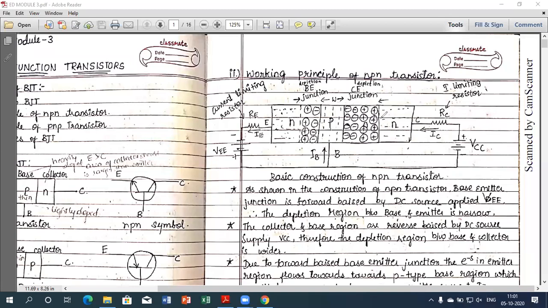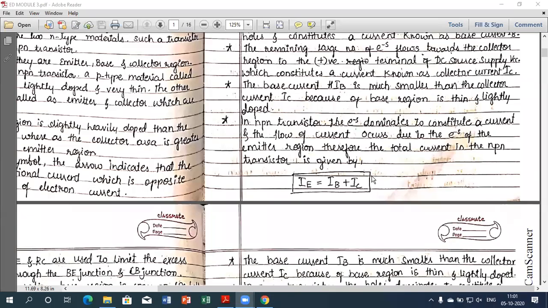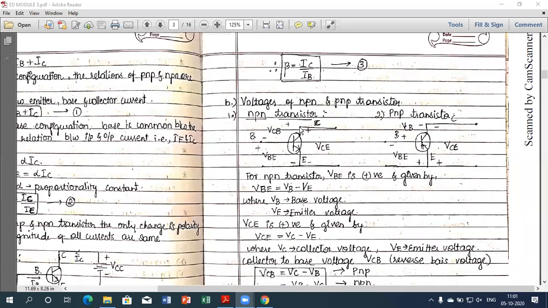The same thing will be considered here also. That is, here the terminal between the collector and base is reverse biased. And we call this the voltage between collector to base, which is reverse bias. Remember, when I use a common emitter configuration, the collector to base is always a reverse bias junction, whereas base to emitter is forward biased and collector to emitter is the output voltage. It is also forward biased. So now, using this, we will derive some voltages.